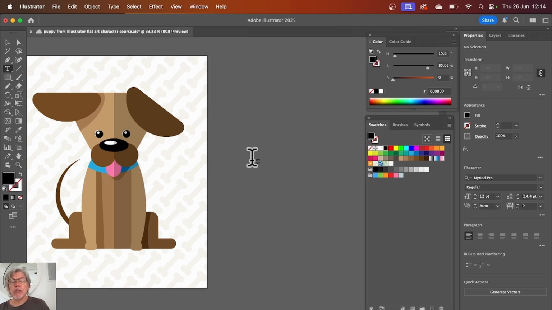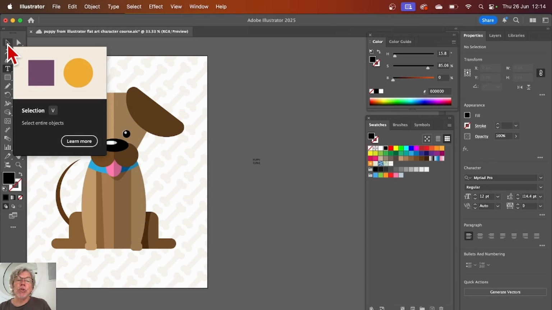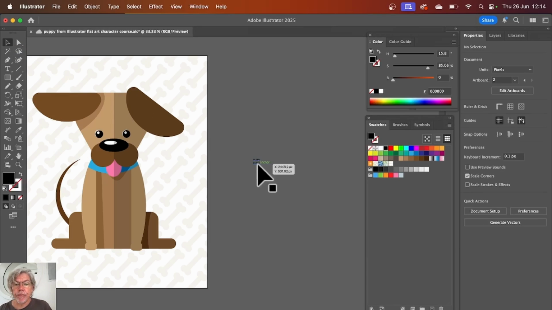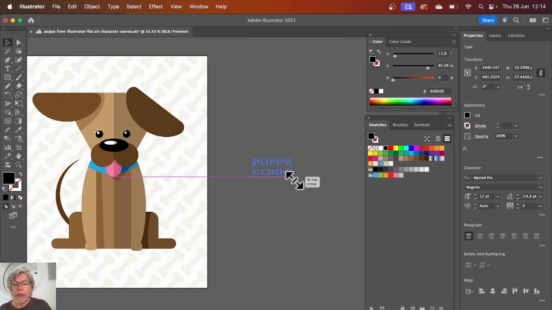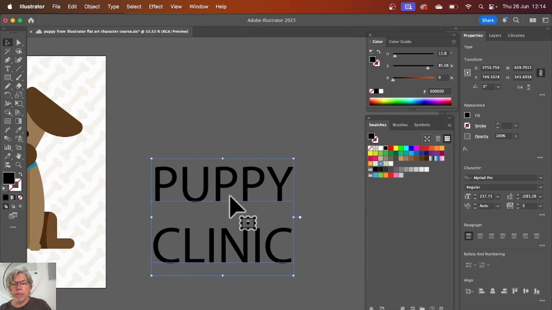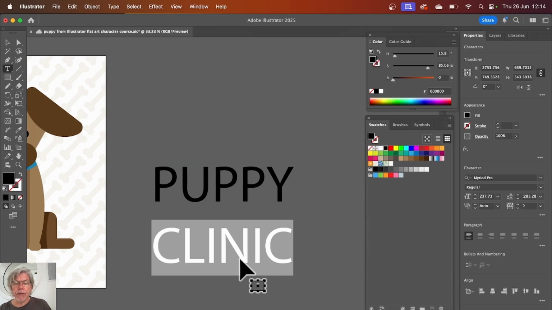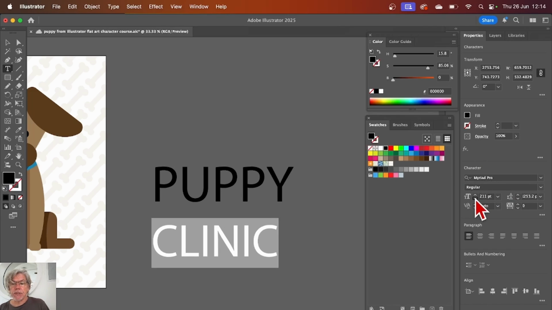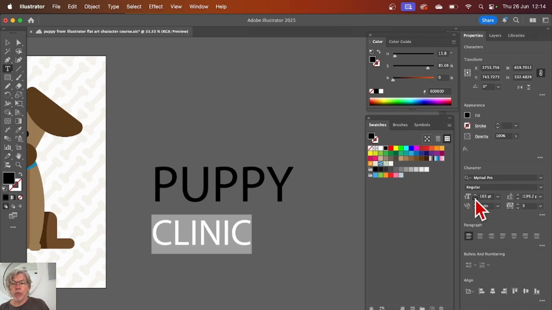The great thing about using this click method is you can then go along to your black arrow tool, grab a corner and start to scale it. But do hold down the shift key when you're scaling that. So I'm going to have the word puppy being quite big and the word clinic being a lot smaller. So even though I've scaled it up, I can still go along to my character panel and change the type size or the font size of the word clinic and move that